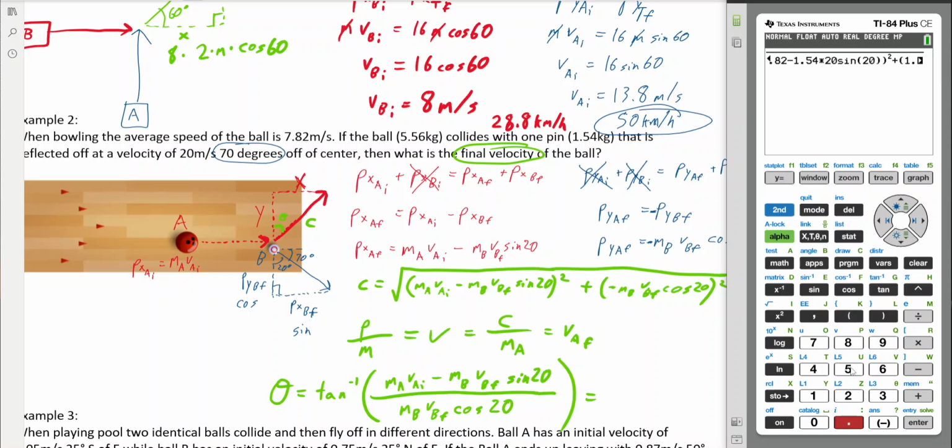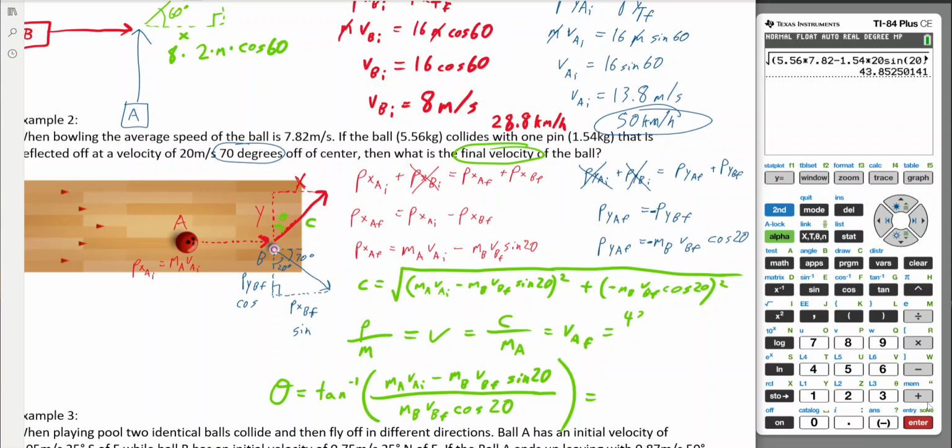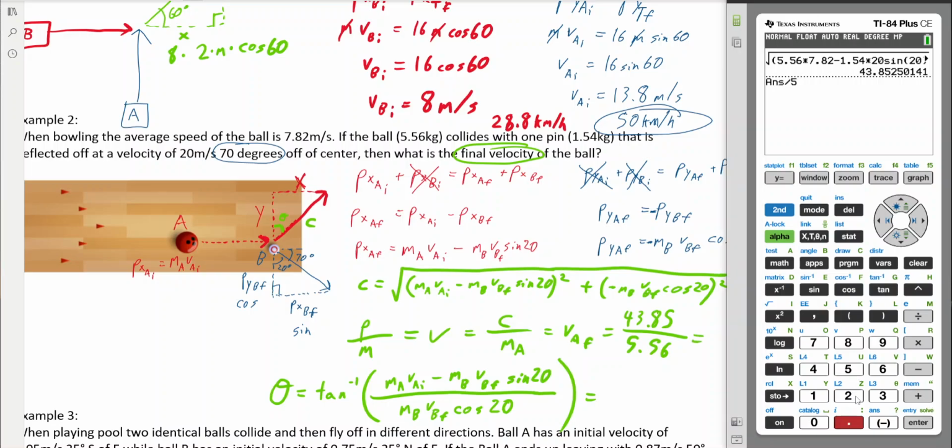So 1.54 times 20 cos 20 squared. Okay, so this gives us that C is 43.85 over the mass, which was 5.56. So divided by 5.56. And we get a velocity of,